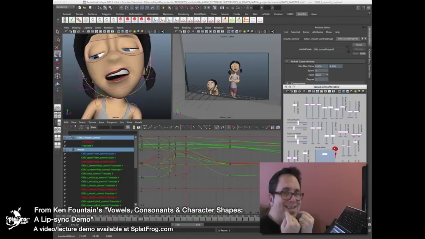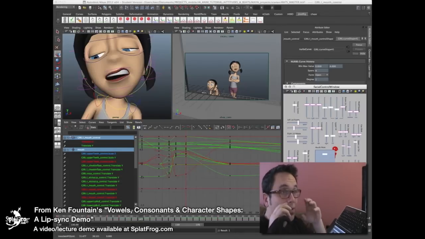If you're doing an E shape and you're smiling it, getting some teeth, and suddenly you go to a more open mouth shape, anything that opens the jaw, think of it like a squash and stretch. The corners of the mouth, where they're out, as soon as the jaw opens, are going to come in.